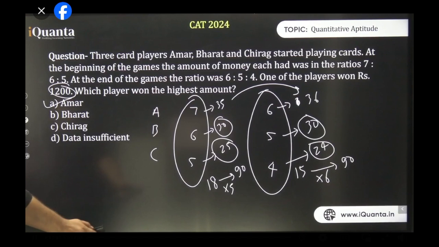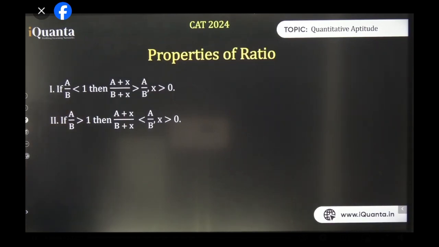Okay, now coming to next question. Kaushik, there are only 3 players, and that is why there is no 4th player at all. That is total amount will be same. Manasvi, just to calculate it easily, because we have to make it same, 18 and 15 का कोई ऐसा multiple ले लो जो same हो दोनों में, जो 18 टेबल में भी आता हो 15 टेबल में भी आता हो. That is 90 only. 18 5s are 90, 15 6s are 90. You can take 180 also. You can take any multiple of 90. Got it, Manasvi?